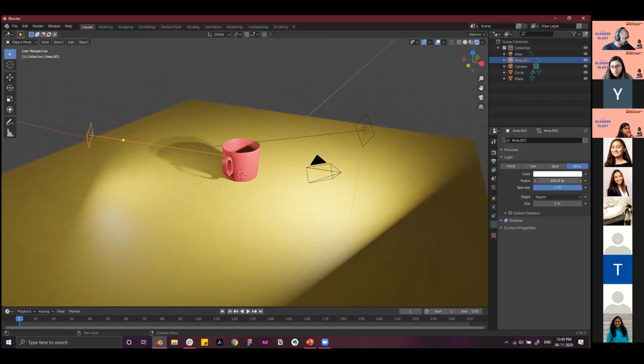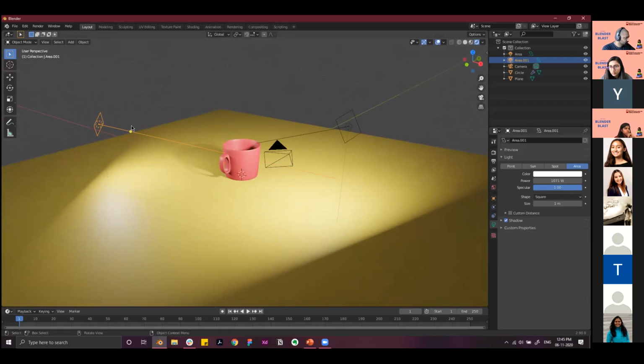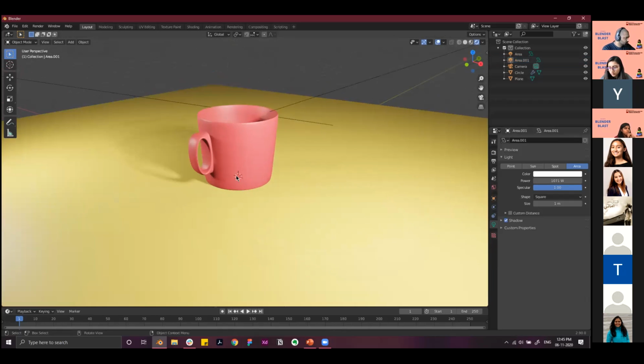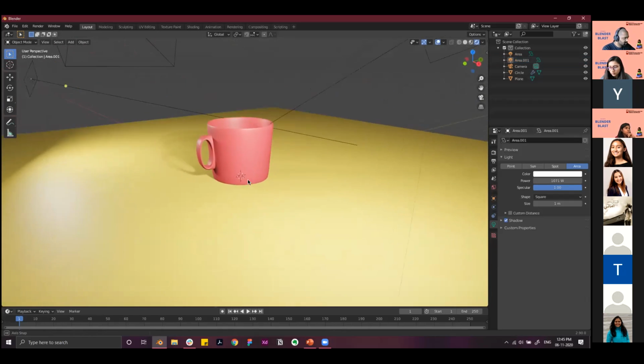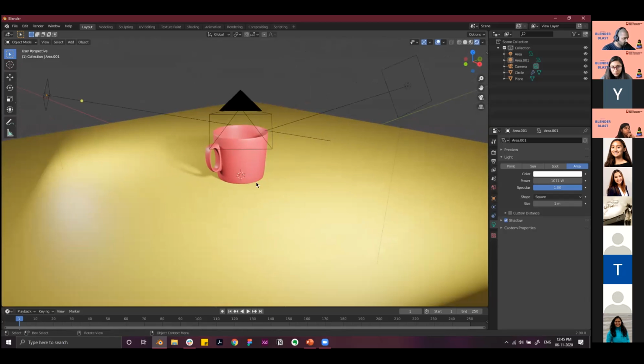So I can increase the light source here. You see it looks more illuminated.